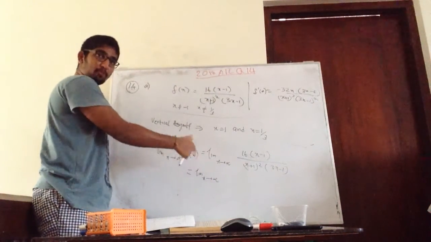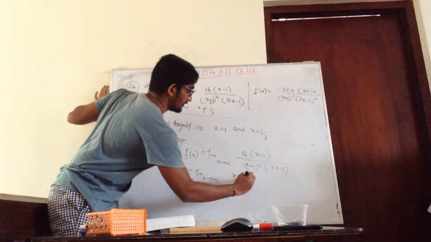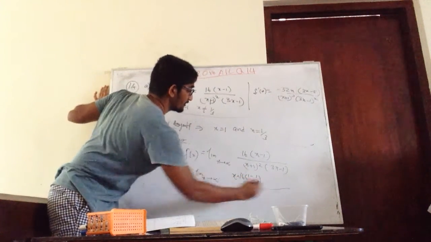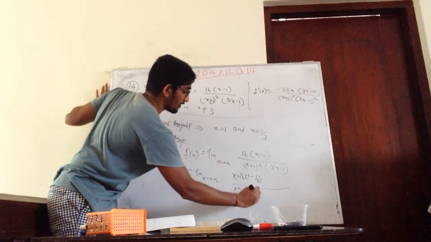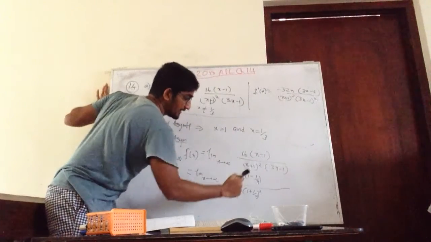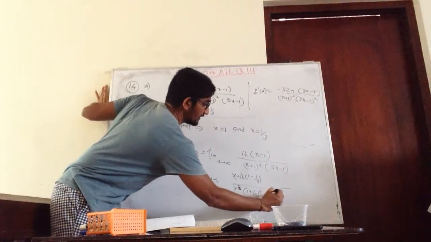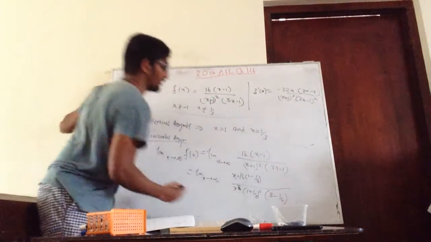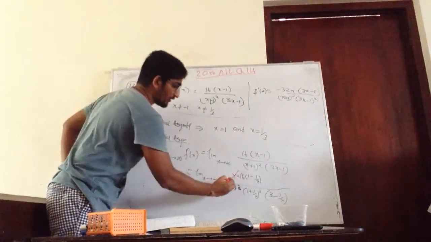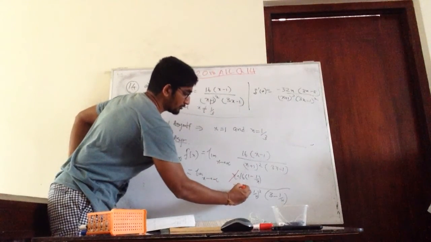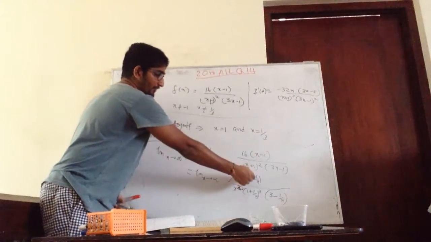So now I'm considering positive infinity. I'm going to take x out, 1 over x. I'm going to take x squared out here, so I'm going to take 1 over x here as well. So this will become 3, that is 3 1 over x. So now you need to put the limit here. What I'm going to do is cut one of these out and this will become 2. Right? So then if you put the limit here, this will become 1.